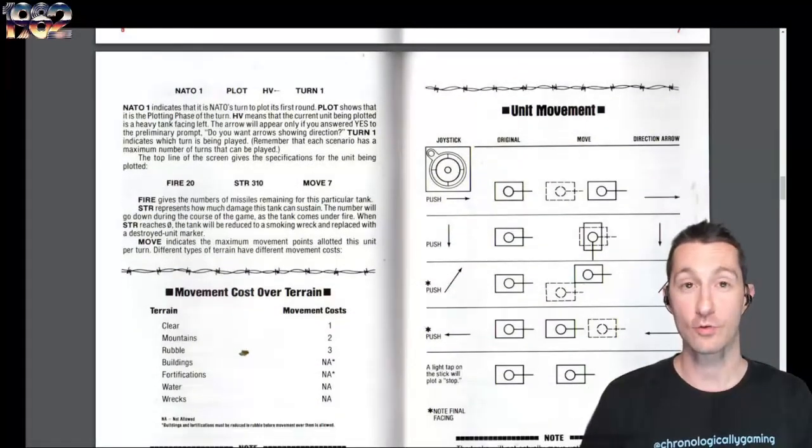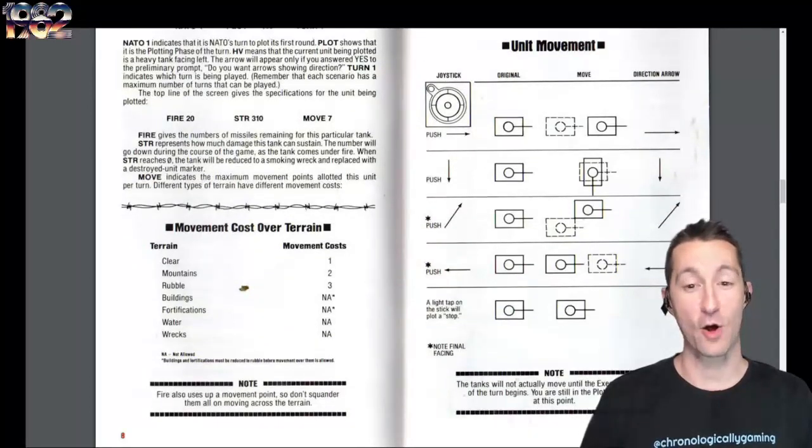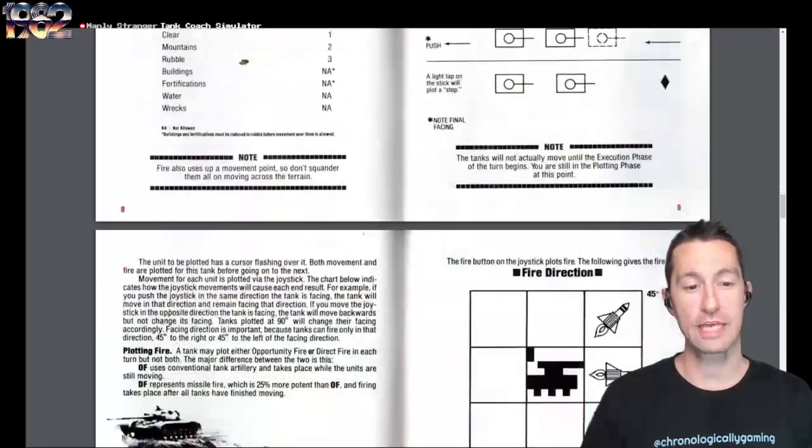So whenever it's your turn, use your joystick to determine your movements. And over here on the right side explains all the different things that happen, because you're going to have to program them in using the joystick, where you want your tanks to turn and move. It also shows you the different movement cost over on the far left side